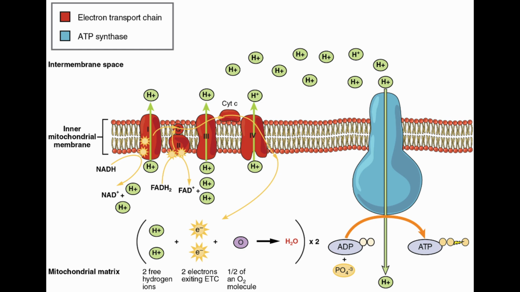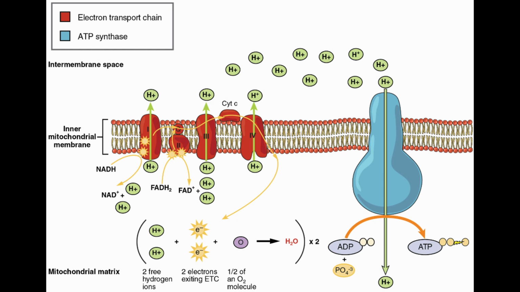Now, electrons move through a chain of protein complexes, that is complex 1 through 4, and mobile carriers like ubiquinone and cytochrome C. And what happens is energy is released as those electrons move through the chain of protein complexes. And this energy is utilized to produce a proton gradient. This proton gradient is then further used by ATP synthase to convert ADP into ATP. And so the proton gradient, which forms the proton motive force, as it is called, drives protons back